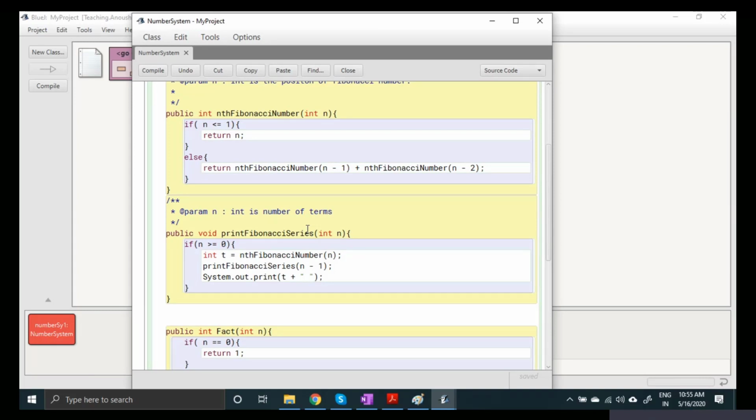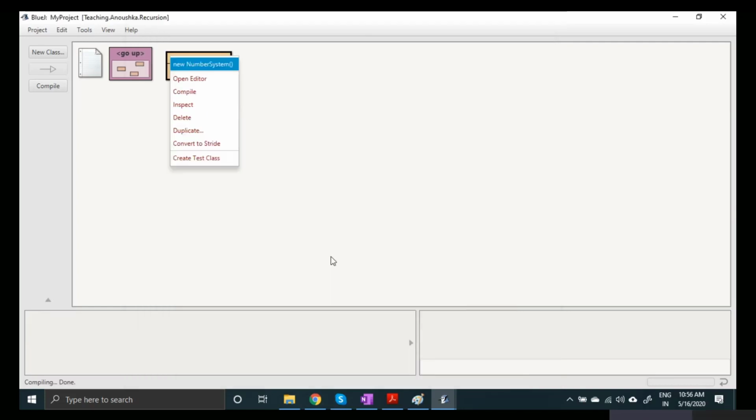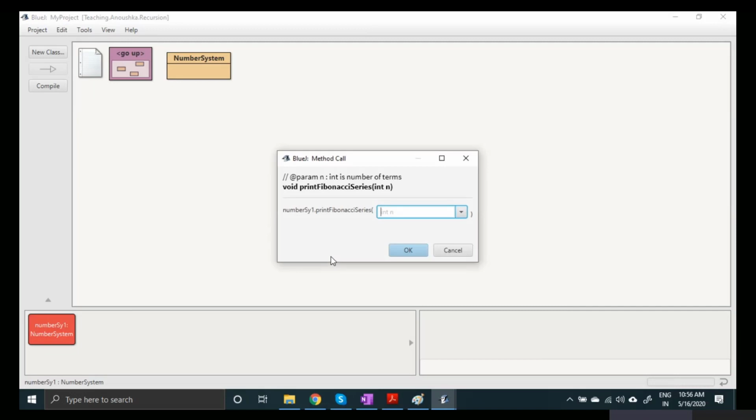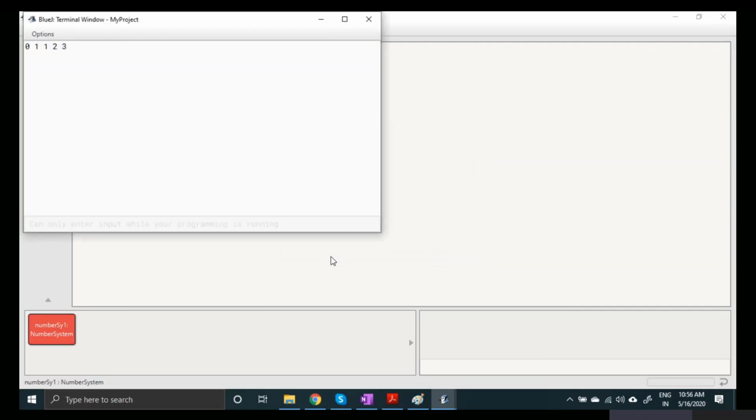So instead, we can give this and then we can write here -1. It is printing all the 6 terms instead of printing 5 terms. Yeah, it will print 5 terms. Now it is printing the 5 terms. Yeah, now it is working fine.